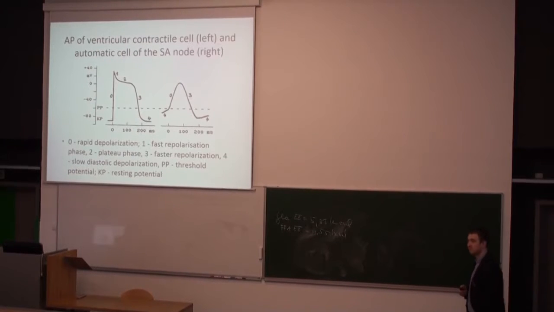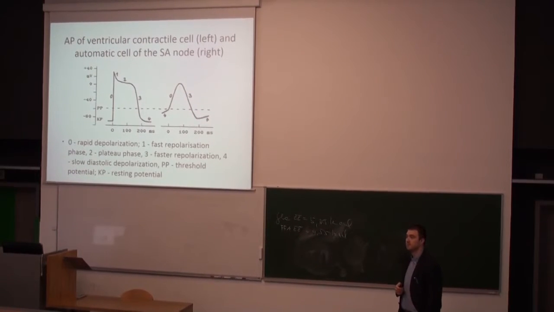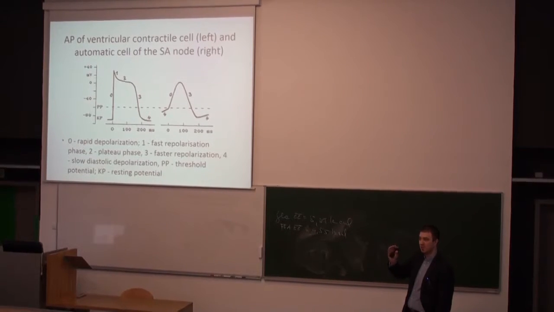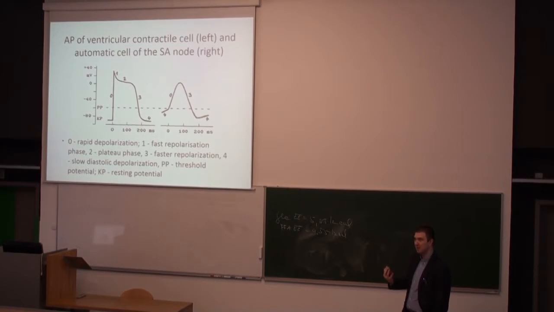The contractile cell is not permeable to calcium like the pacemaker cells. They do not have these channels enabling the spontaneous depolarization. Those are different channels, and they do not have them. So the only calcium enters during the plateau phase? You can say not the only, but that's the major part. Sometimes you have some channels that are constantly open, but if we do not take into account that you have in all cells some limited small amount, then these channels are the main route for calcium coming inside.